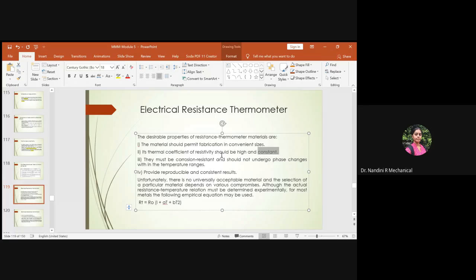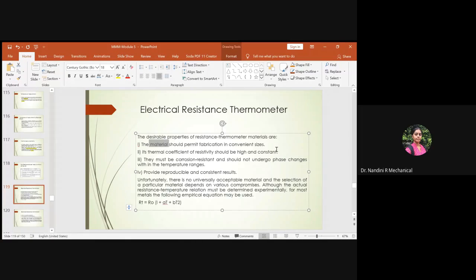So always think about what the thermal coefficient of resistivity would be for the material you are selecting, whether the material is capable of showing the same consistent thermal coefficient of resistivity at varying temperature also. If it is stable with respect to temperature and time, then it is very much preferable to select that material